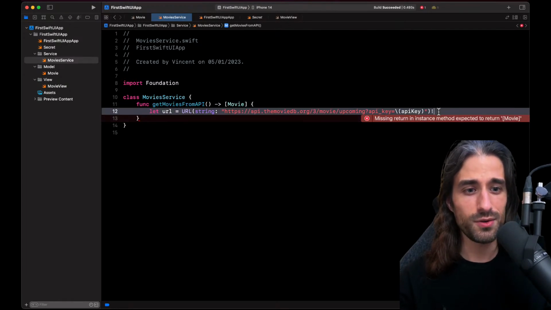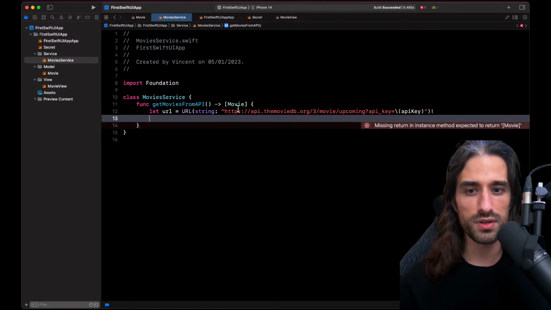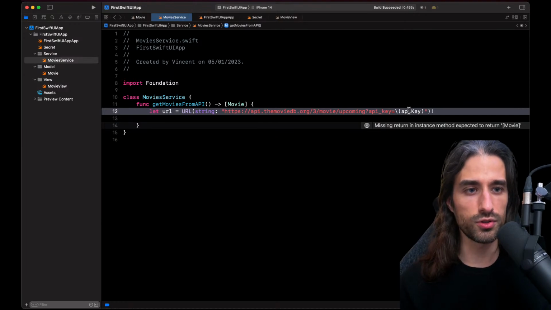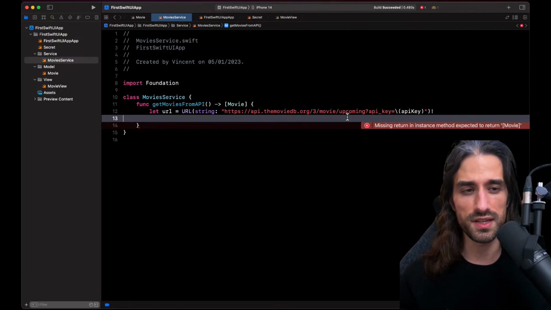Okay, so here you can see I am doing a force unwrap of the URL. Here I would argue it's okay because all these things are statically hard-coded inside the app. The URL is hard-coded inside the app, the API key also. So if there is an error here, it's a developer error and basically the app cannot do anything.